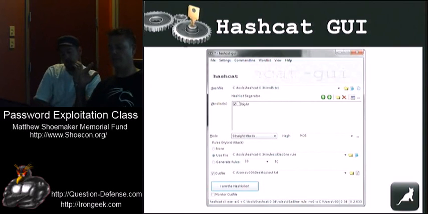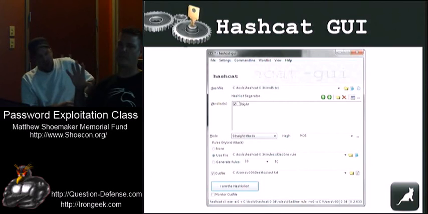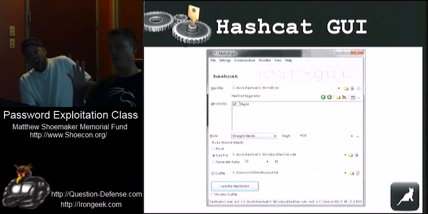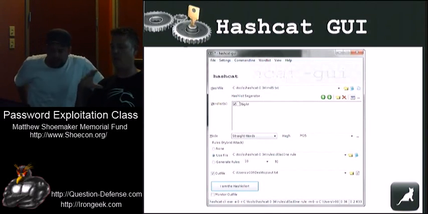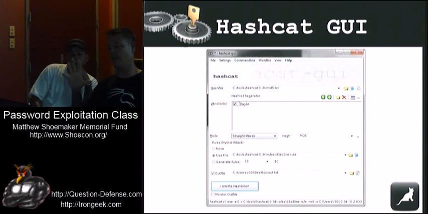I've been making a list of things to submit to the guy that wrote it. He's not really part of the Hashcat team, he's kind of a friend, and I would like it to work with Wine perfectly. Anyone can feel free to try it on Wine. Currently, it just doesn't work well enough for me to put it in BackTrack. But as soon as it does, I will, because the GUI is nice. It's easy to use.